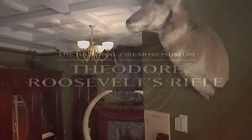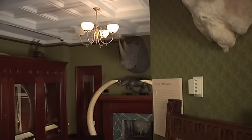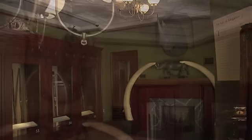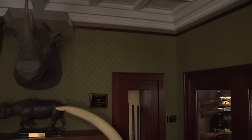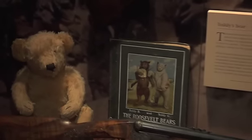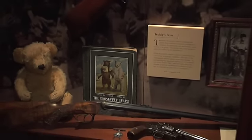We're in the Beretta Gallery at the National Firearms Museum. It's unique amongst all the galleries here as it's a recreation of an actual room from American history. It's a one-to-one copy of Theodore Roosevelt's library from his home, Sagamore Hill, on Oyster Bay in Long Island, New